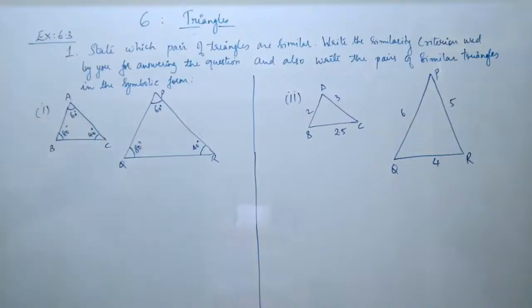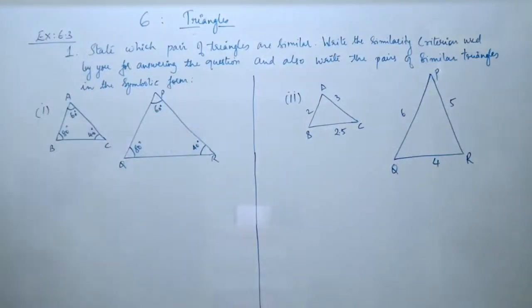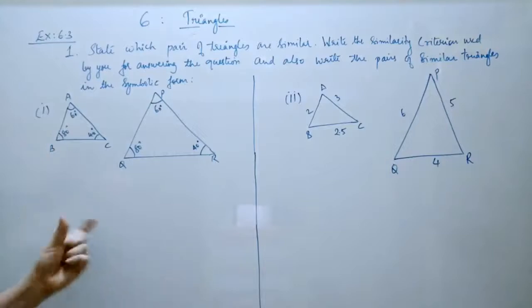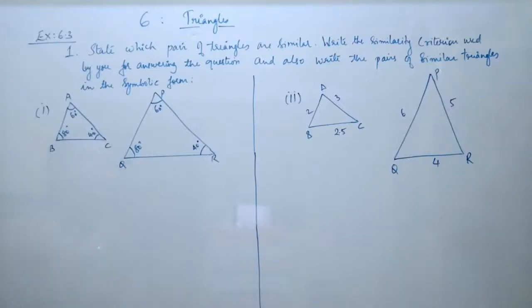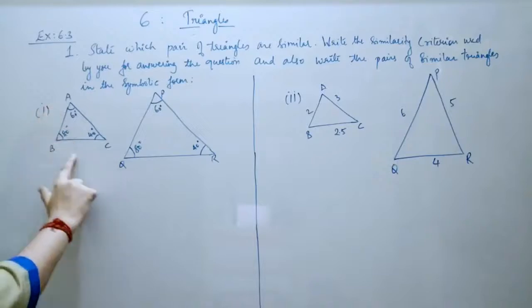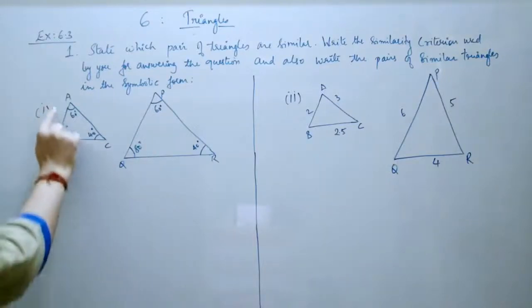Check whether the given subdivisions are similar or not. Then you have to write the criterion with which you are saying that they are similar, and you have to write the symbolic representation of similarity using the triangle concept. Okay, so the first subdivision of the question is triangle ABC and triangle PQR are given and the angles are